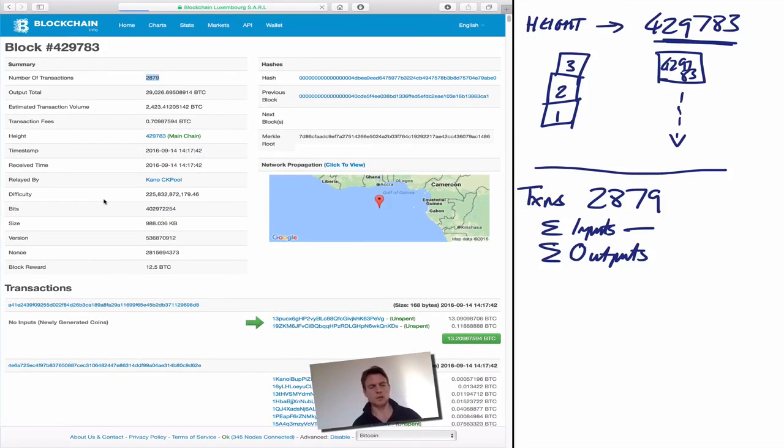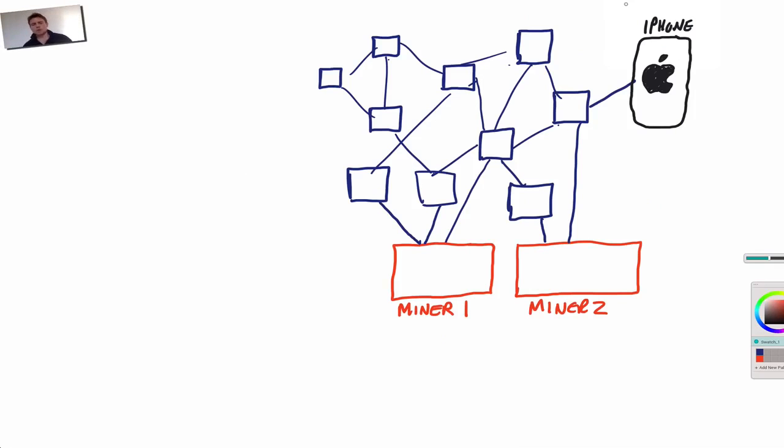So we're going to go now and have a little more detailed look at the actual anatomy of the block header and explain how that enforces the relationship and the integrity from one block to the next. Okay, so I've drawn a little diagram here, and as always, drawing is not my strong point, but